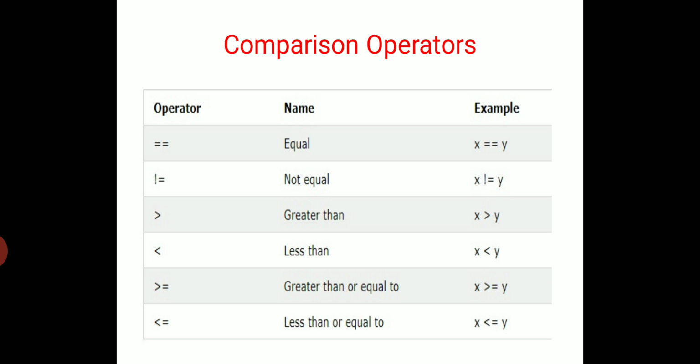So how can we write not equals to? Here you can see that x is not equal to y, or we can say that y is not equal to x. Now greater than: whenever you compare two values and you find the greater value, you can use the greater symbol. Here x is greater than y, or we can say that y is smaller than x. Then less than: suppose you have two operands, 5 and 2. So you know that 2 is less than 5, so you can use this operator.